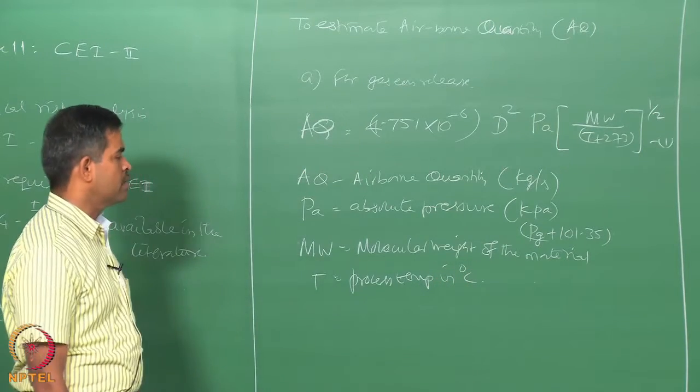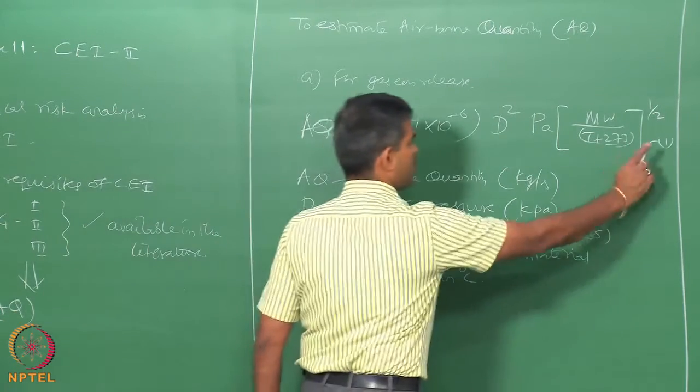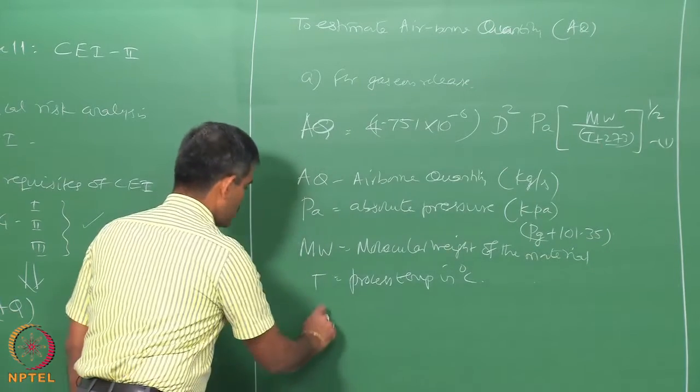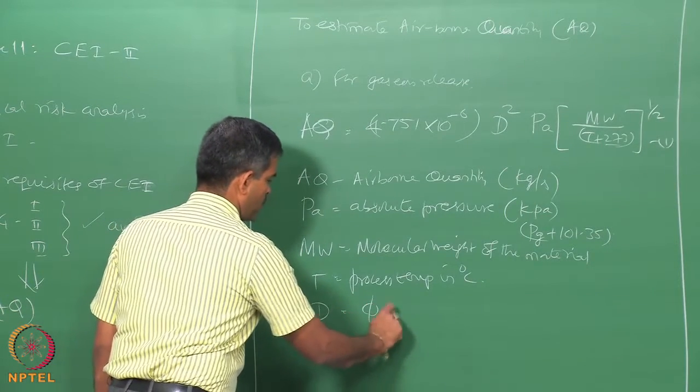I converted that into Kelvin by adding 273, and of course, capital D is the diameter of the hole